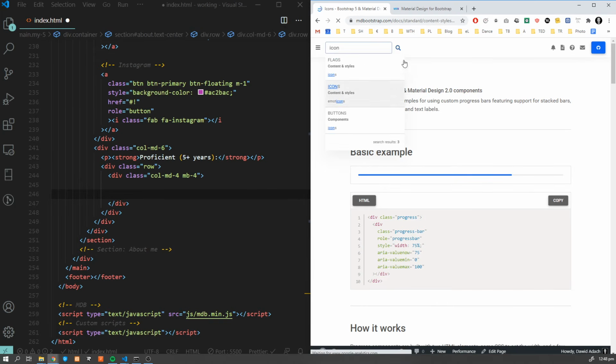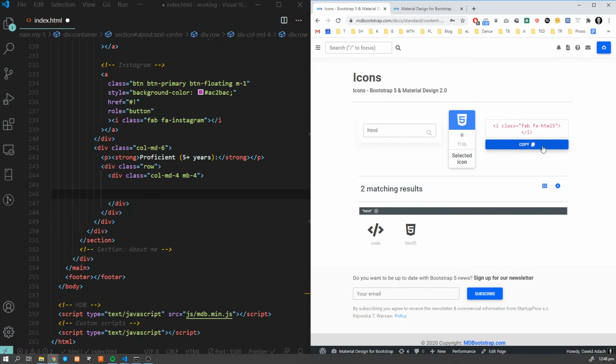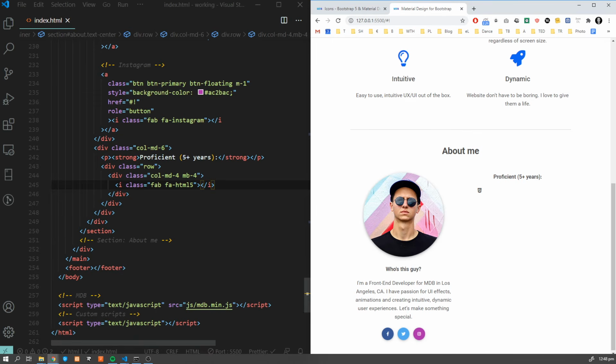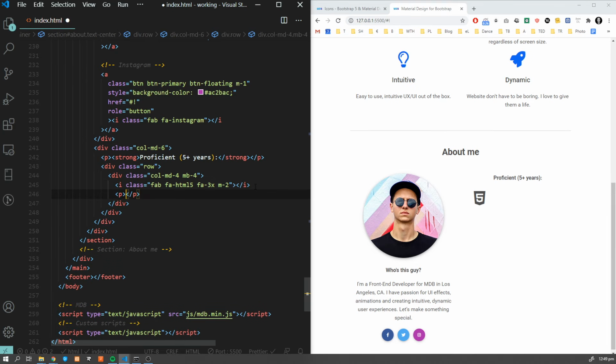I should have it in a separate window because I'm using this so often. Let's go for HTML5. Copy this one, paste it over here. Probably it's gonna be too small, yeah, so let's change it to something bigger. You already know how to do it. Let's add some margins. Oops, margin 2, and let's put the HTML tag over here. Okay, now let's do it